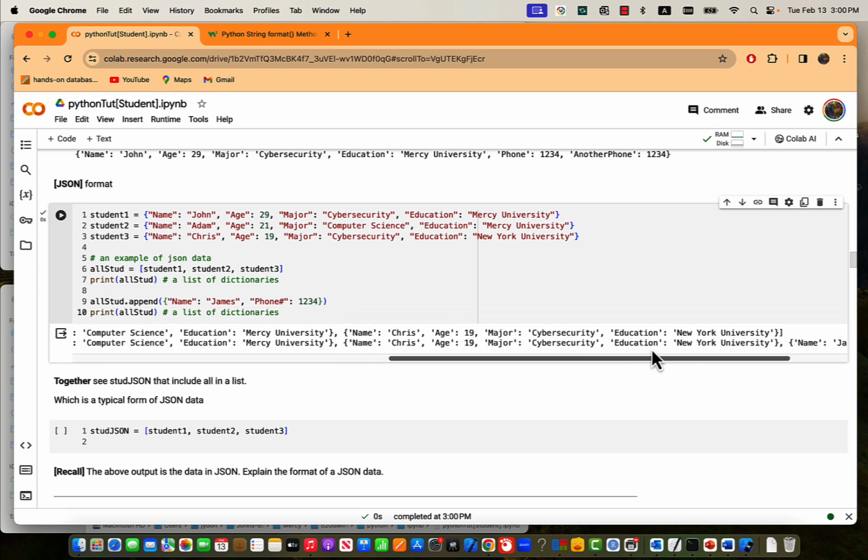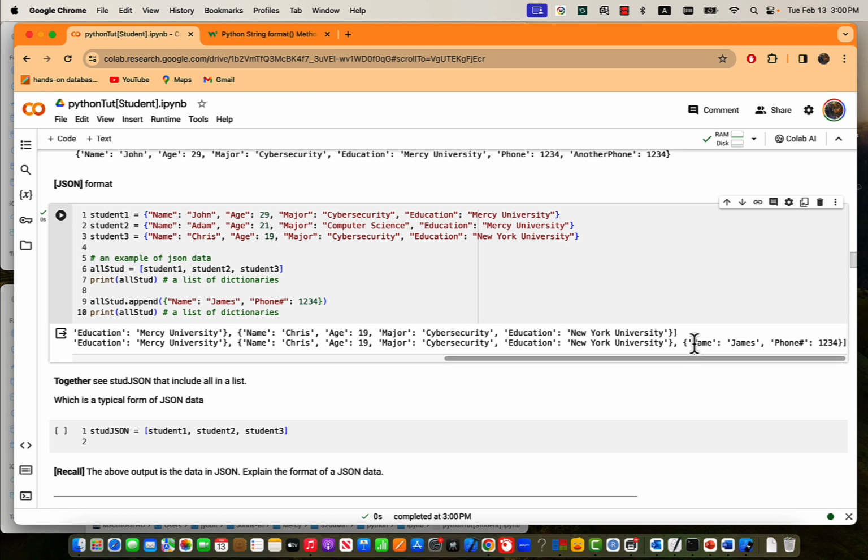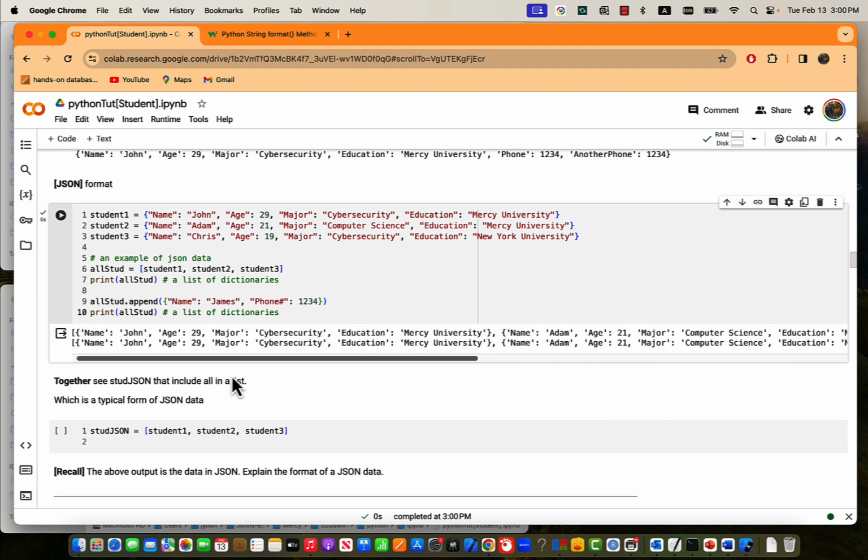You see the difference at the end. The first one ending here, the second one, because we append new ones. So names James and phone number 1, 2, 3, 4. So how many elements in